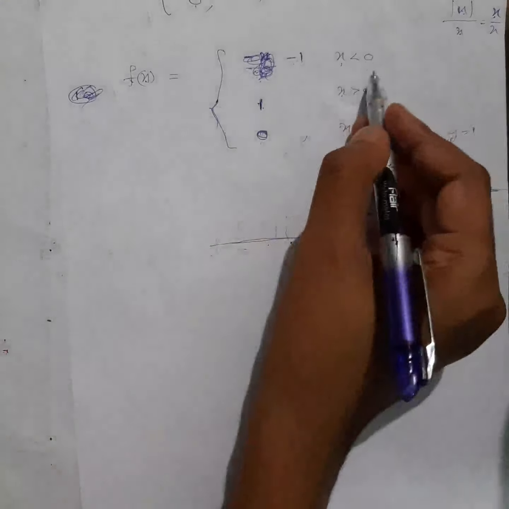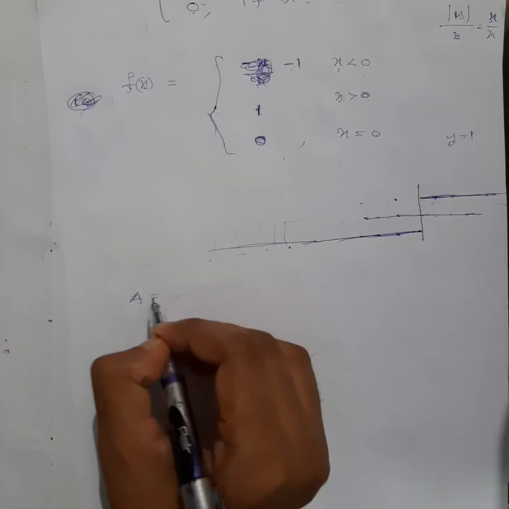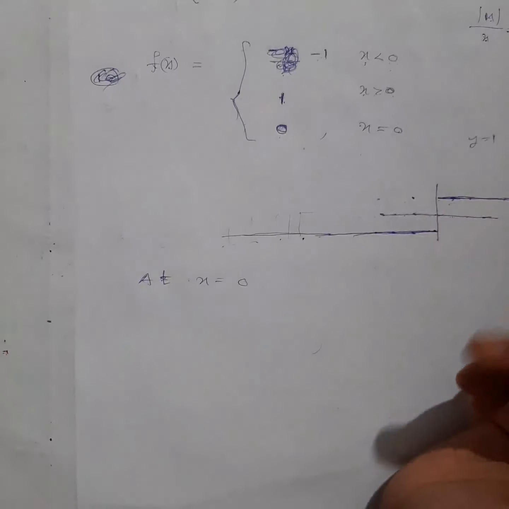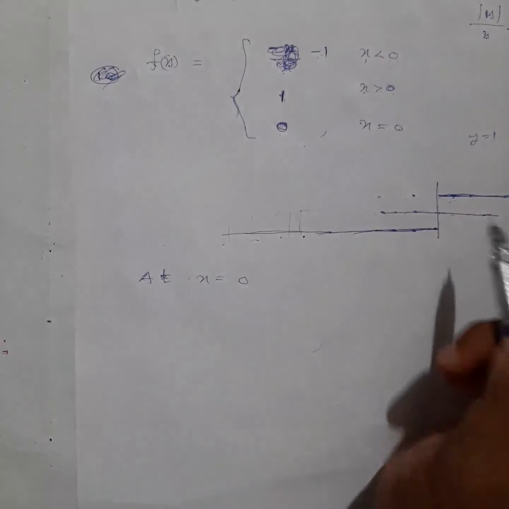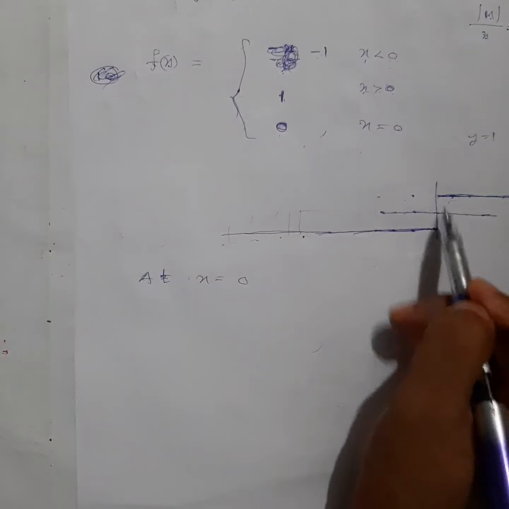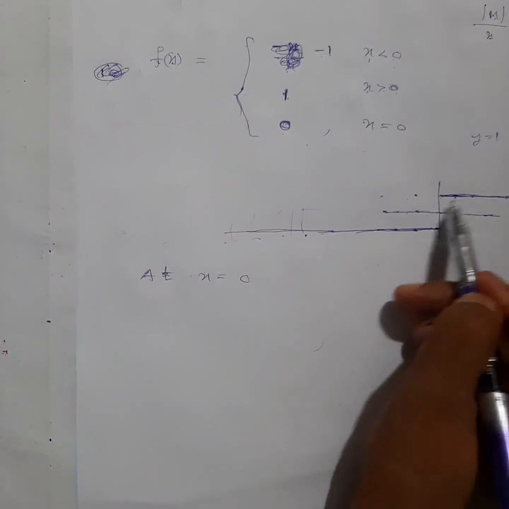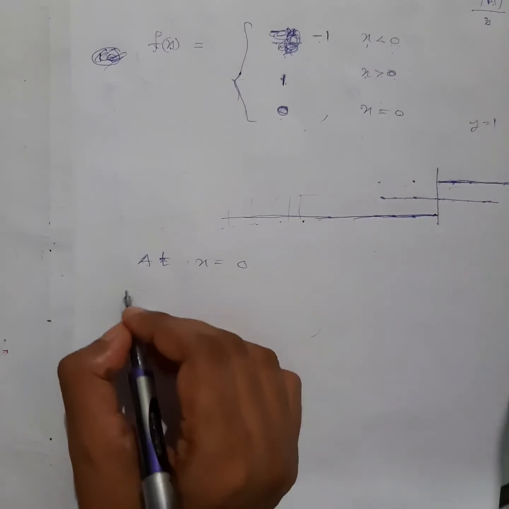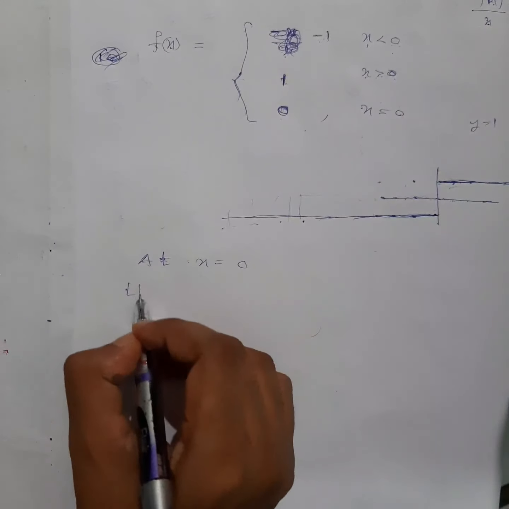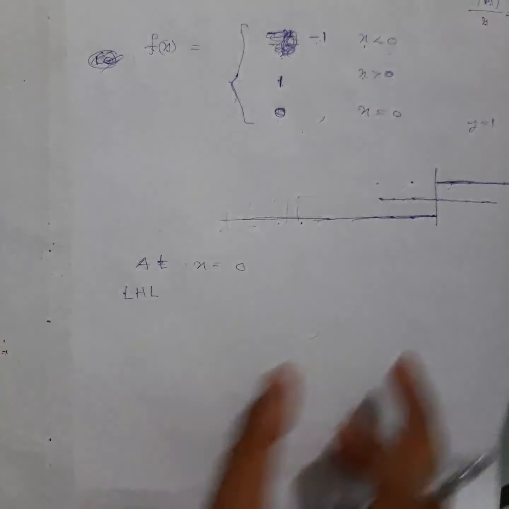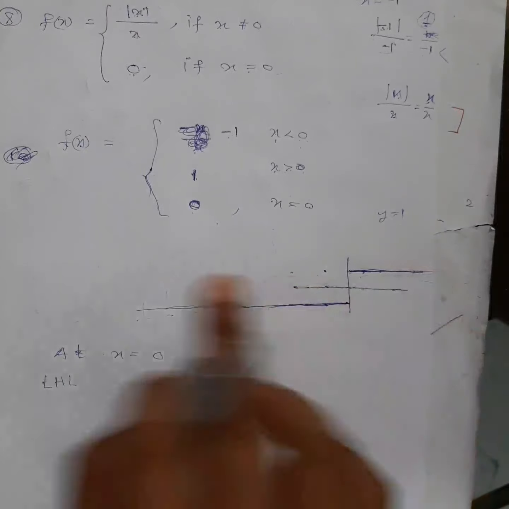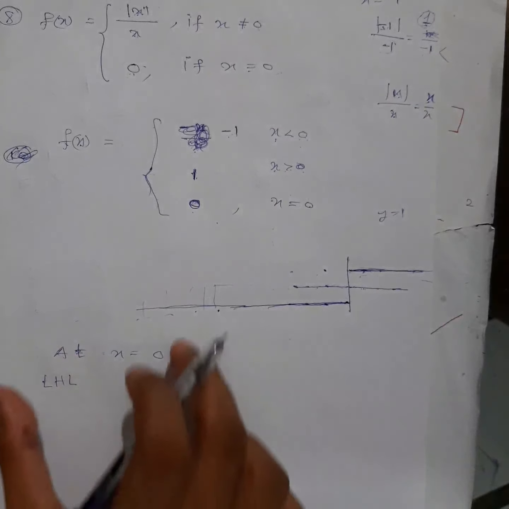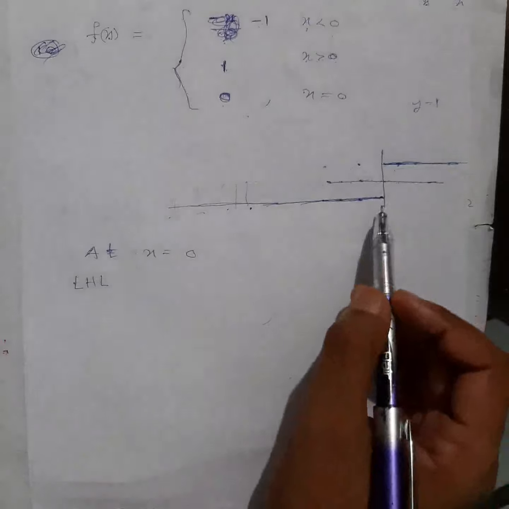So at x equal to 0, we will check whether the graph is continuous. We already came to know from the graph, it's clear that this will be discontinuous at 0. You can see at 0 the graph is breaking, right? So how will we do this? Left hand limit we will find out. We have to show it, right? Through the graph we already got the answer, but in your exam you cannot write graphically, right? You have to write through limits. Okay, limit concept.